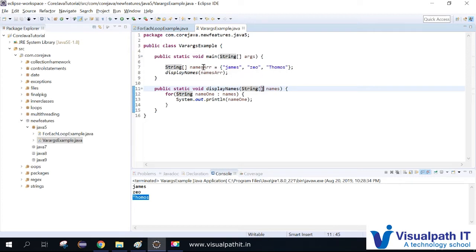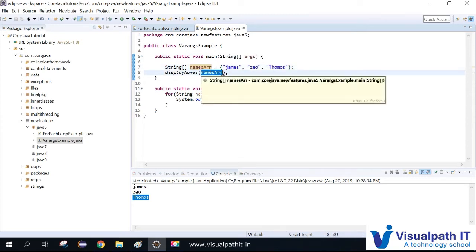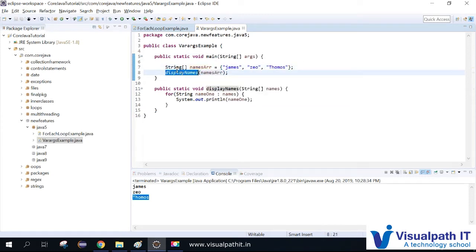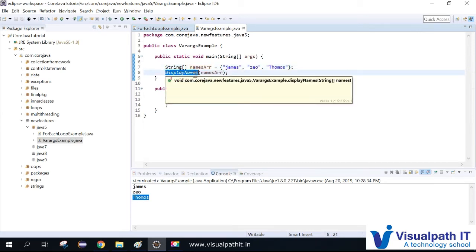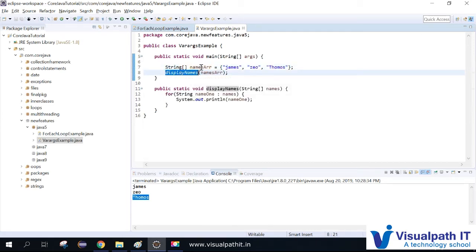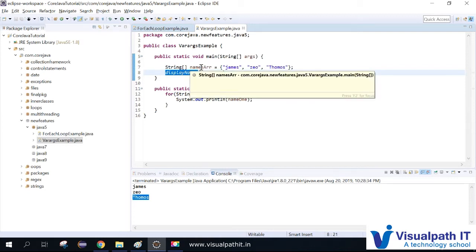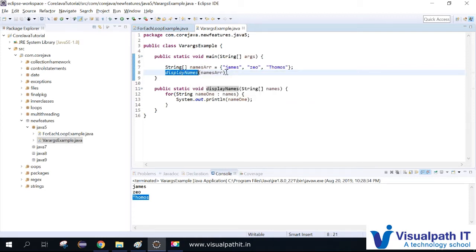If you're passing this array, the elements are restricted, and whenever you're calling, you need to create a fixed-size array, then pass that array. So here the size of the array is fixed, it will not change. You cannot add more elements dynamically when you are calling this method. If you want to add an element, you have to go to that array and modify it, then only the values get passed.